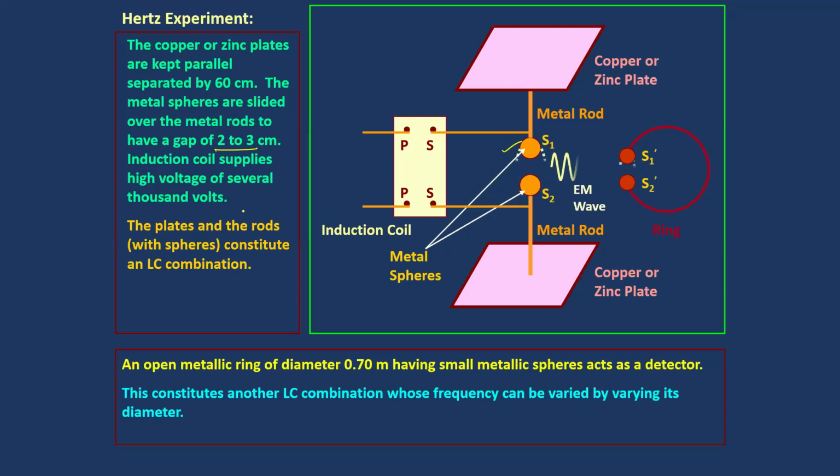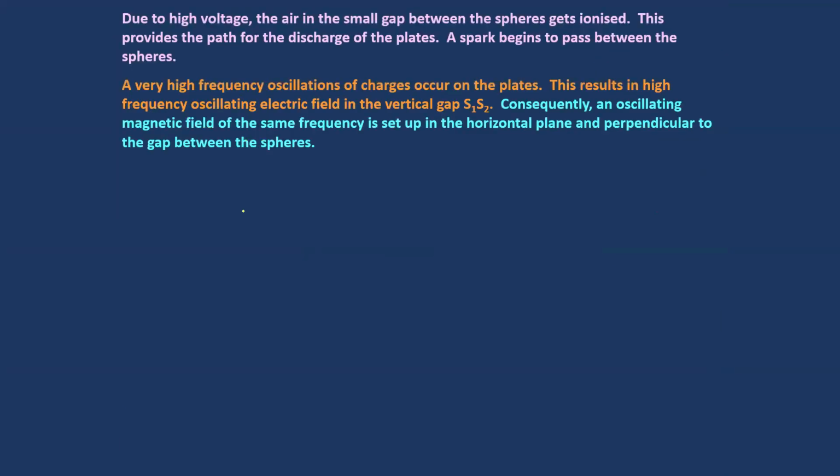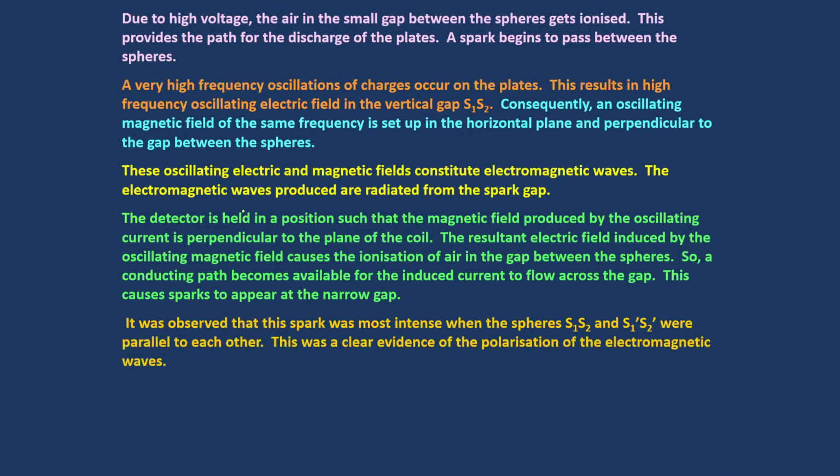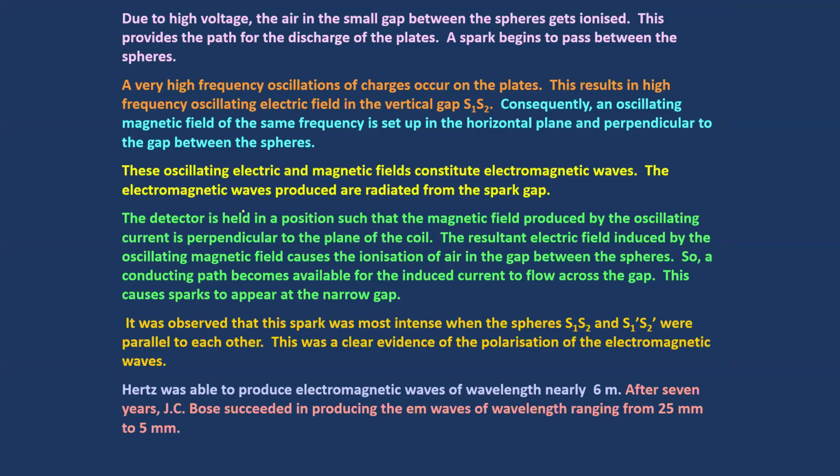So here when we apply the value of voltage, of course, it will produce the corresponding electromagnetic waves. This is just the summary of the Hertz experiment. Now we are moving to the electromagnetic spectrum. Before that, you can just read this for 2 minutes, then we can go to the next one.